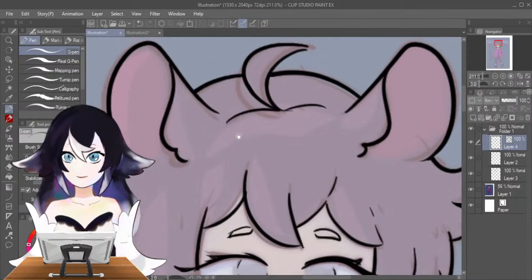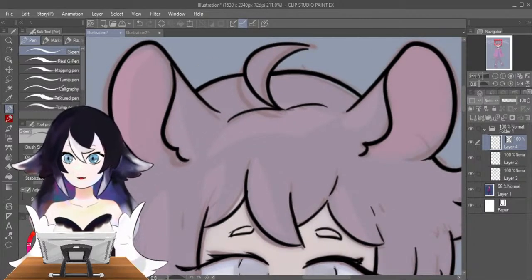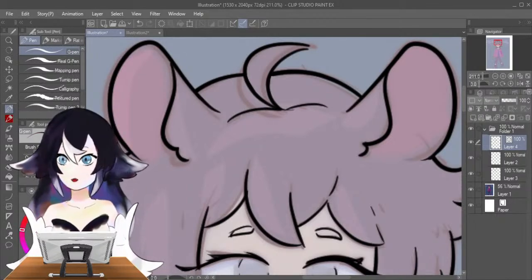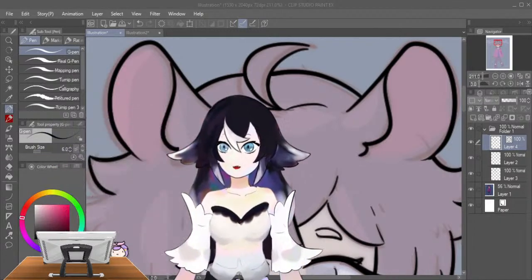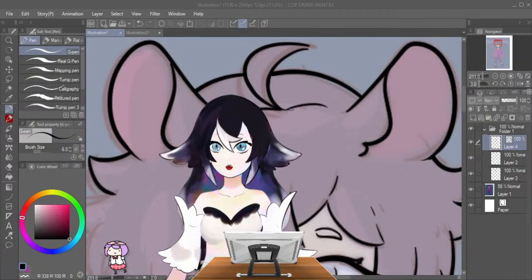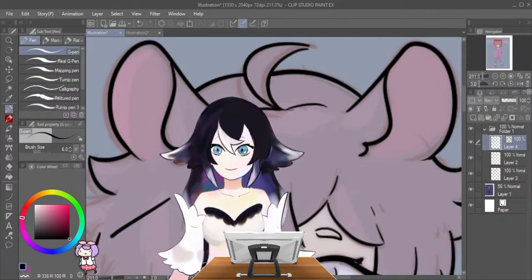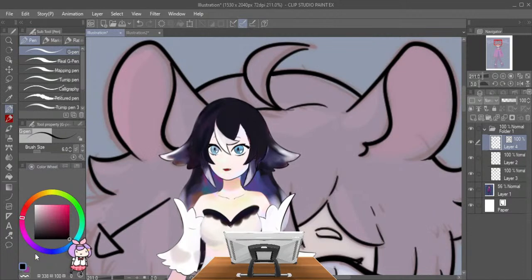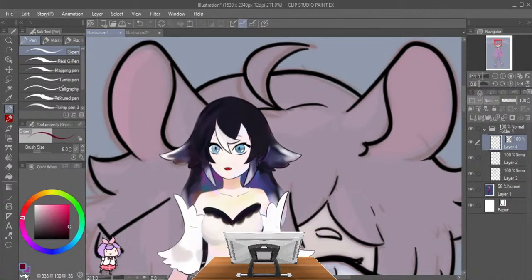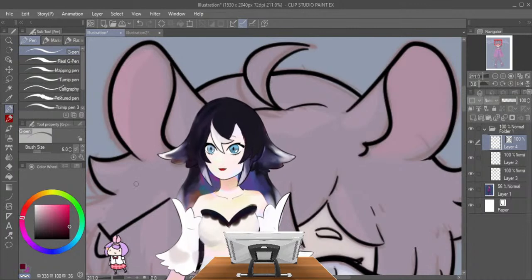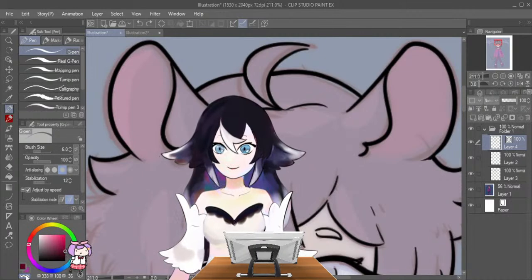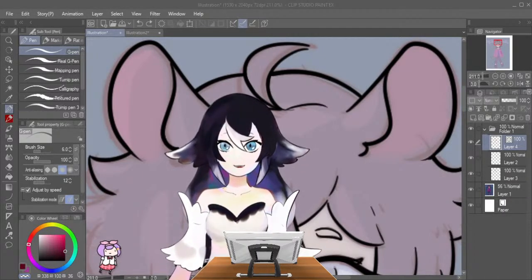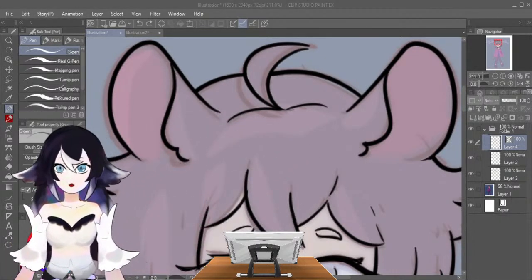I'm not using the vector eraser right now, I'm using the regular one. Actually, I'm not even using the eraser. I'm using an option here that's just the transparent color. Oh, my body is obfuscated. Right here, you have your color options. And when you don't want to use a color, you can check the transparent one, or the checkered one. It acts like an eraser, because an eraser is just the lack of color, but it's not white.